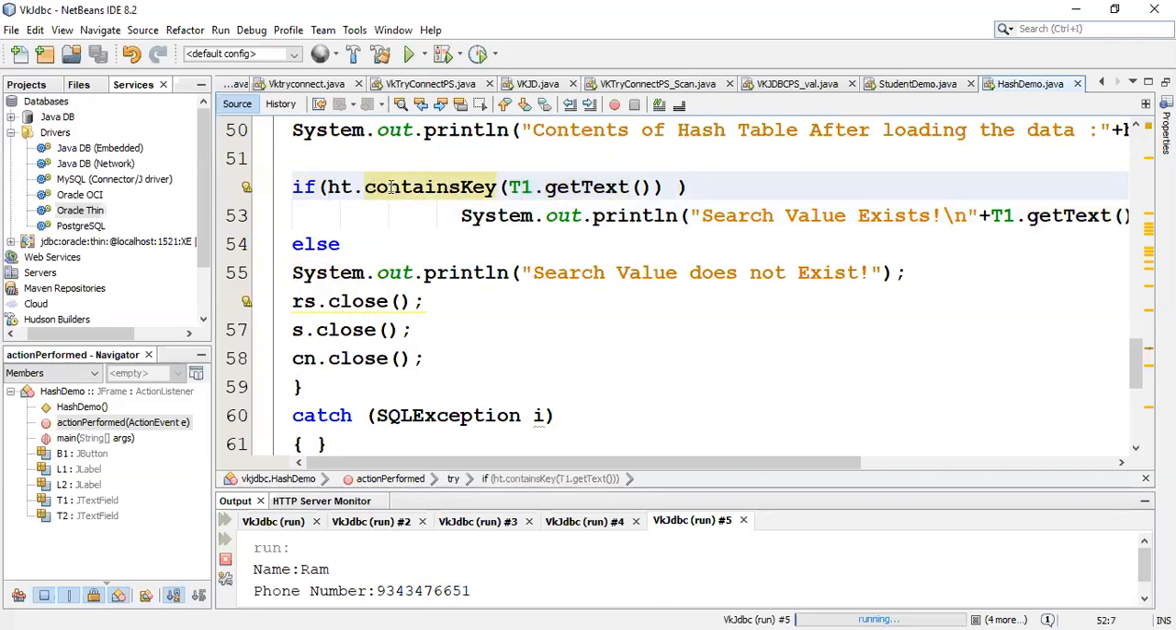So ht.contains(key) takes a key, and where will the key come from? The key will come from the first text field. So that key is nothing but the name. Are you getting that? The name of the user. For example, okay, let me show you